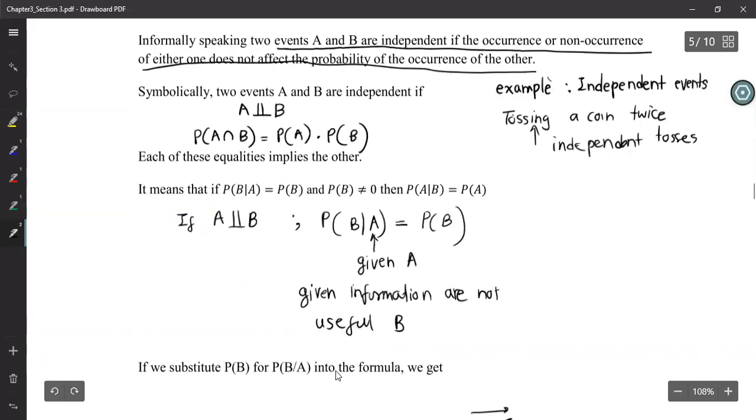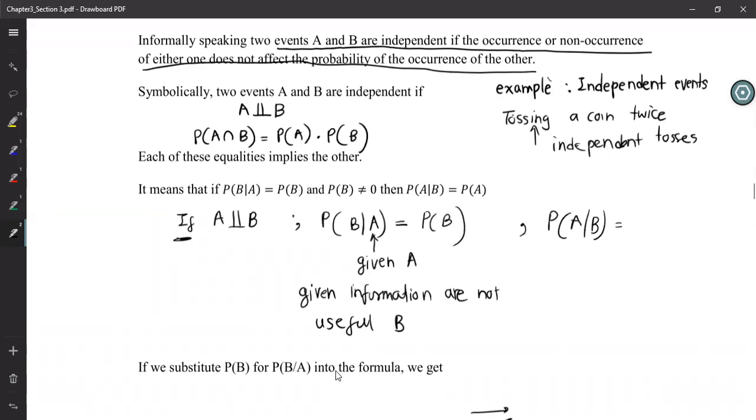They are independent. It doesn't matter whatever happened to A. So if A and B are independent, the given information A is useless. So P(B given A) is the same as P(B). In the same manner, for A given B, if A and B are independent, again, whatever happened in B is not going to do anything to A. So the given information on B is useless to A. Therefore, this is simply P(A). So you can forget about what happened with B. They are independent. It doesn't matter.